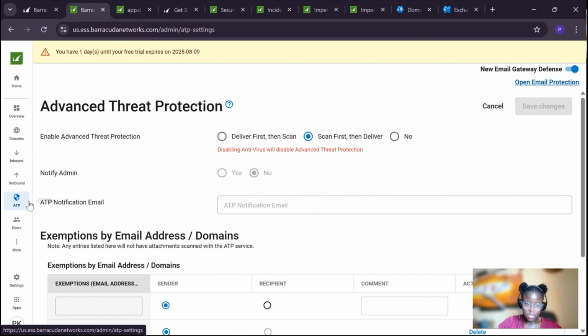We also have the advanced threat protection feature, whereby you have to specify, for example, if you are scanning any PDFs or any content that is attached to our email, do we want to deliver first, then scan, or we want to scan first, then deliver, or none of that? And for example, if we specify deliver first, then scan, once it scans later, do you want to notify the admin in case there are any issues with the attachments that have been sent? So you can specify that too. So scan first, then deliver